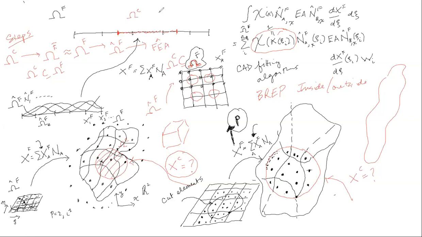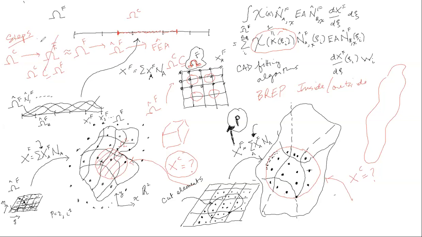So that's the workflow. A CAD user is inside of their phase, maybe they're in CATIA, and they create omega C. And then without ever leaving their CAD program, they create this omega F hat. And then they use our software, for example, to create our U-spline approximation to omega F hat. And then once we have omega F,